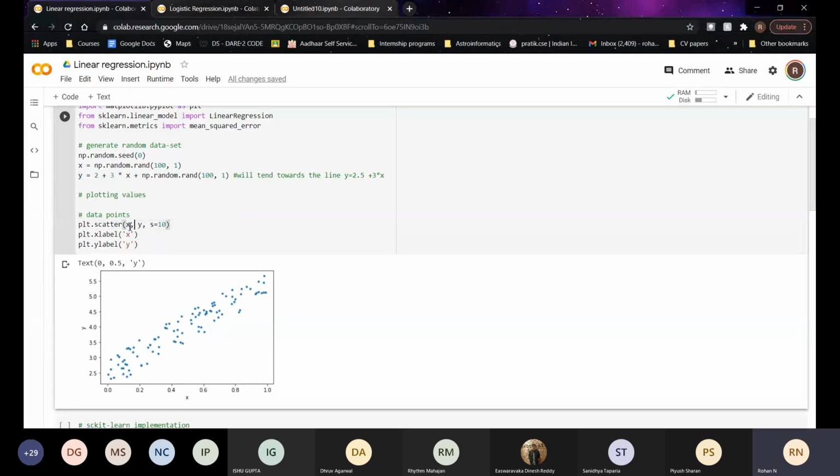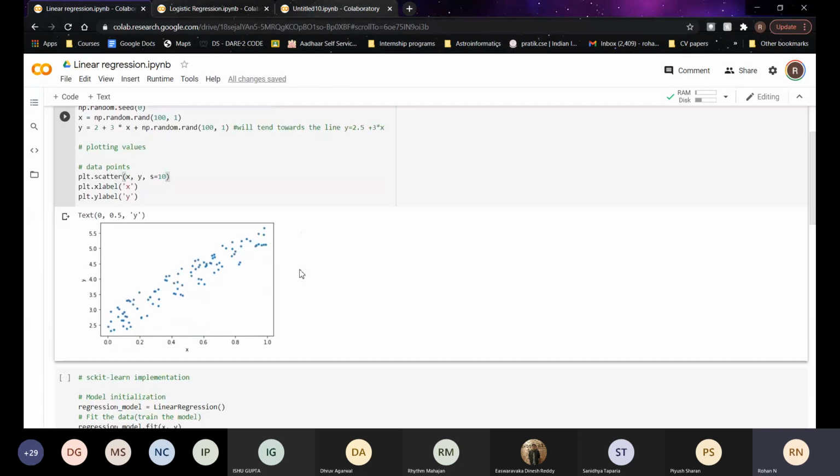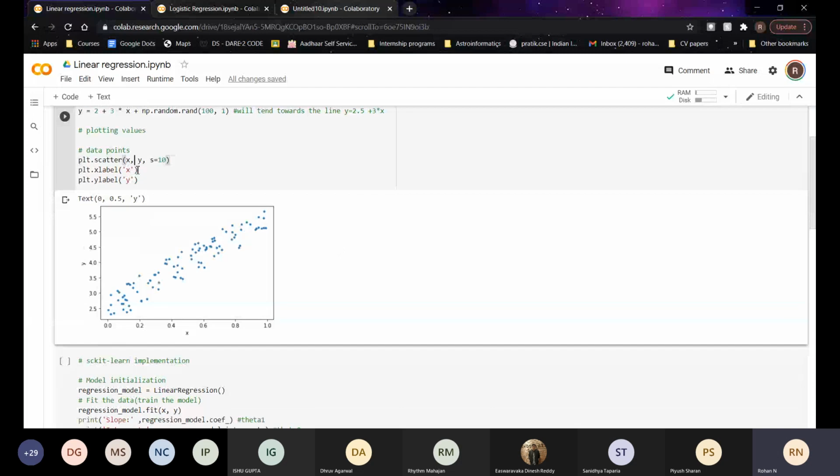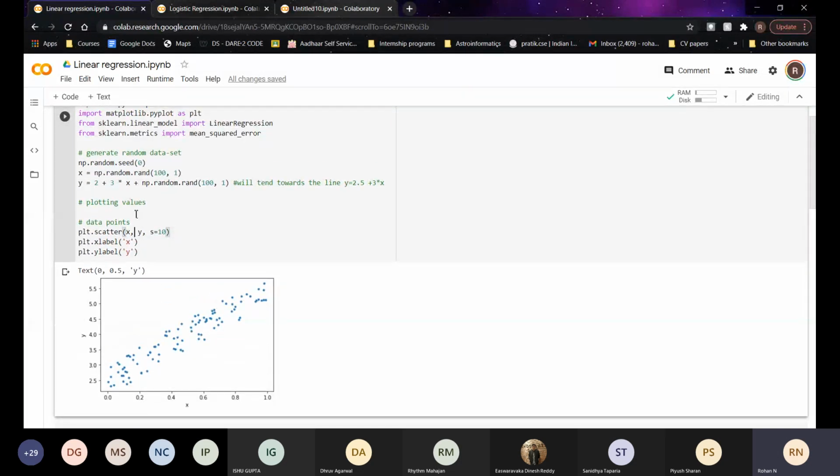And these are just the labels of the x and y axes. What we've done is create a randomly scattered data set of points. Let me show you one thing here.